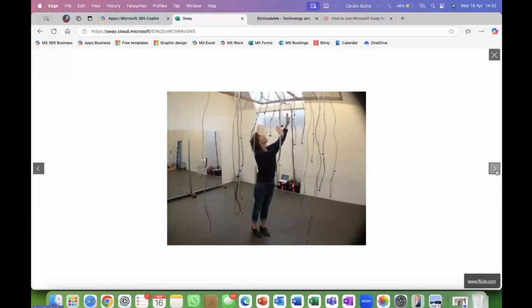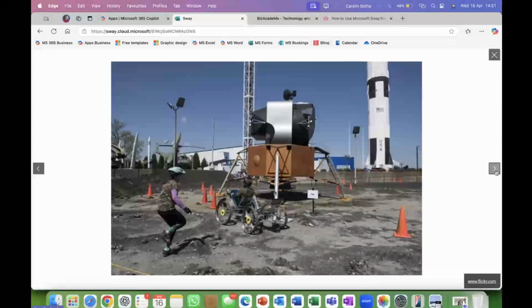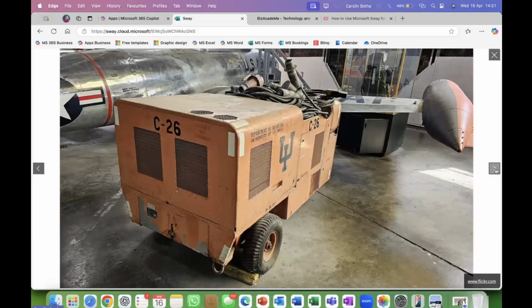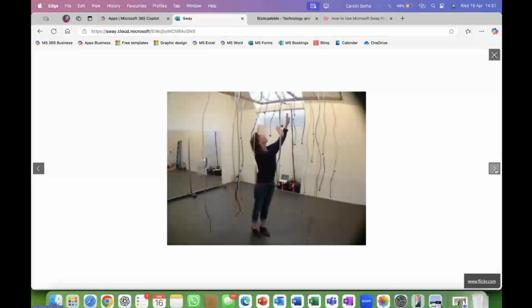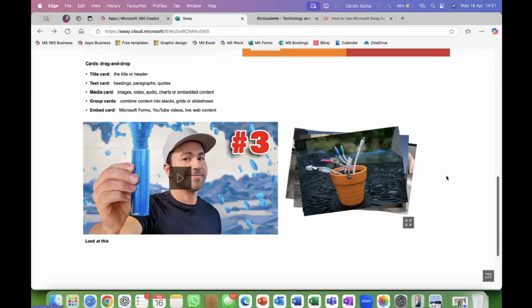Okay, this is also something important. Sway gives you the measurements, the size of the image. Try to pick images of the same size, otherwise it ends up looking like this. I did this on purpose to show you the difference. No, I didn't. But see, those two are smaller. Maybe it's not a big deal to you, but for consistency, I think it's best if you can choose images the same size. Let me show you what I mean.